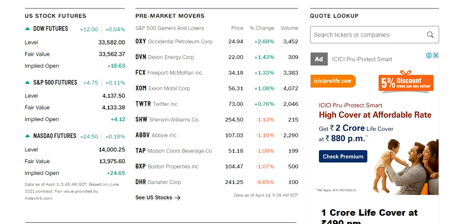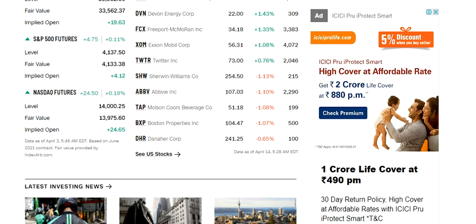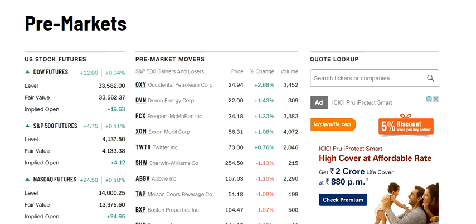So although it's completely flat with a positive bias, we obviously see how the earning season pans out, and we will look at the trend for the US 10-year bond yield, as well as the dollar index and how they are moving. But the overall trend is positive. So first of all, do not try to short the market, and for the time being you must stick to the stocks, if you are in the market, and those will be the big stocks which you may know about, like the FANG stocks or something like that, because they are the ones who